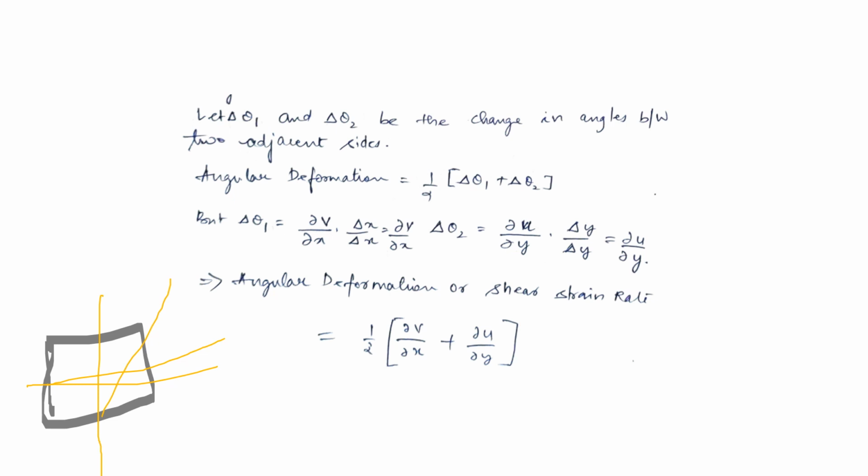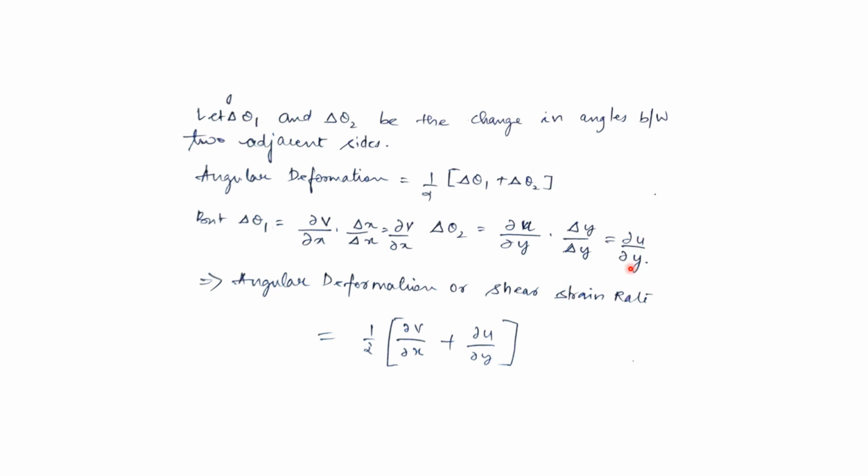So based on these two axes you will get two different types of movements. So how will you equate for these two conditions? You can equate these two conditions by using half of delta theta 1 plus half of delta theta 2. That means the average of these two would give you the total variation in the angular directions. So how will you solve for that? Delta theta 1 would be dou v by dou x into delta x by delta x. That means we are doing nothing, we are just equating it for delta x. And similarly delta theta 2 would be dou u by dou y into delta y by delta y,